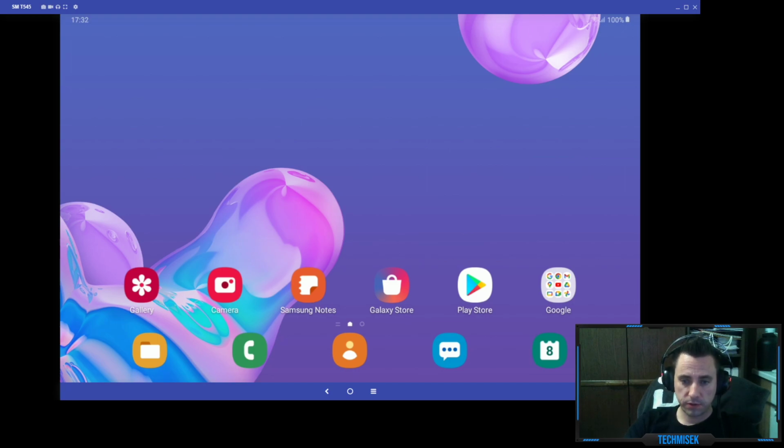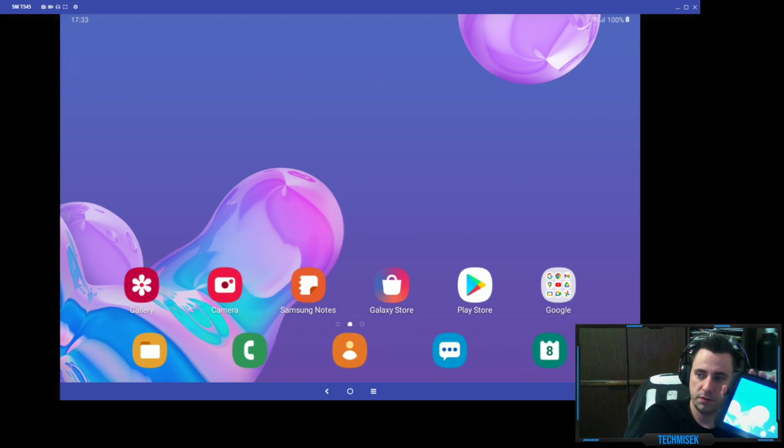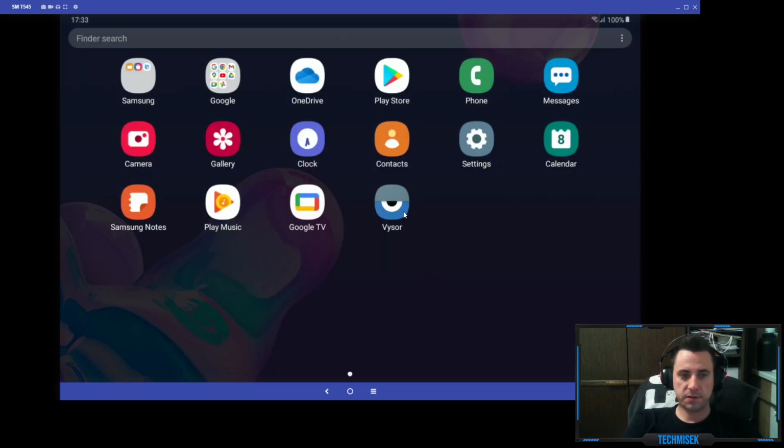But today we are gonna talk about putting Linux, or running Linux, on Android. So what you need to know, we will test this on Android version 9. I have my tablet, as you can see behind me, but I do have it here. I'm remotely connected with the Visor application